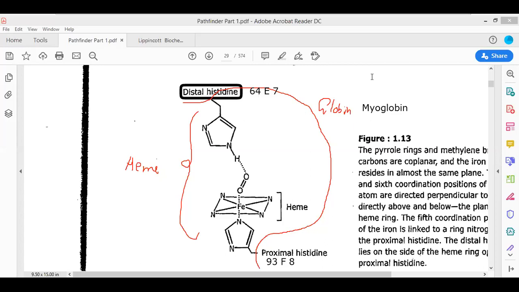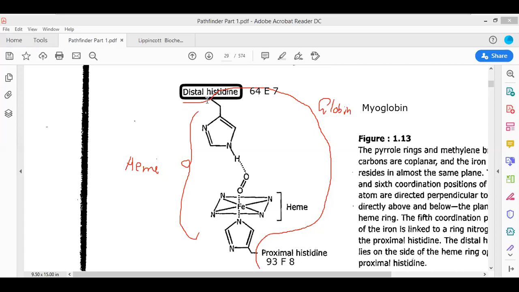Let me repeat why, Namrata, you are saying that only histidine is visible. You are not able to visualize these red color lines being shown to you. I'm talking only to one student, Namrata. Look here, in the diagram only histidine can be seen. Where are the other amino acids?